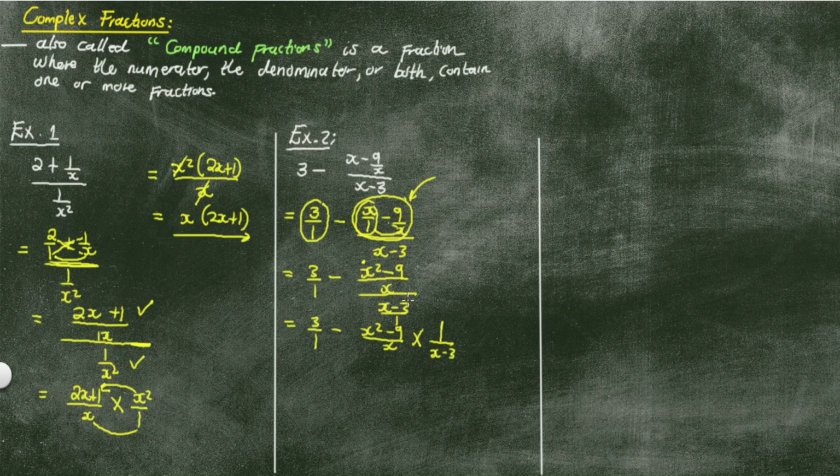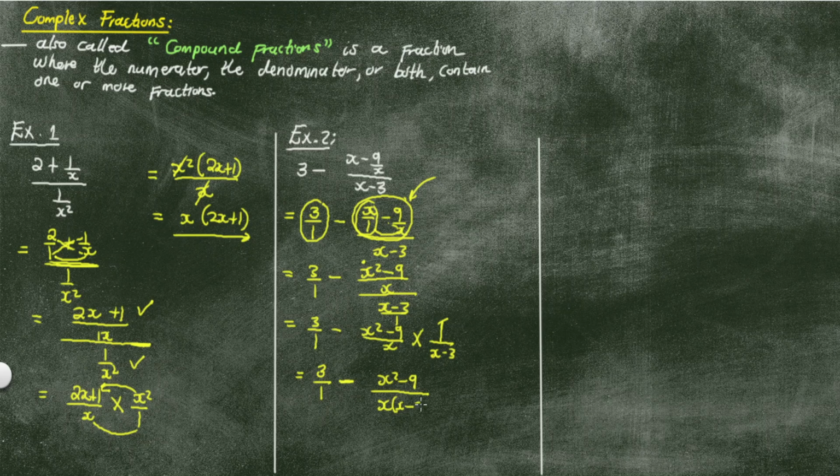Okay, so similar thing done here. The x minus 3 divided by 1. I'm converting it to a fraction. So that is why when I do the tip and times, it's 1 over x minus 3, right? Then we multiply. Then it's 3 over 1. Remember, there's a subtraction sign. Let's start with the multiplication of these two fractions. So it's going to be the 1 multiplied by the x squared minus 9, x squared over x squared minus 9. Then this x multiplies that. It's going to be a